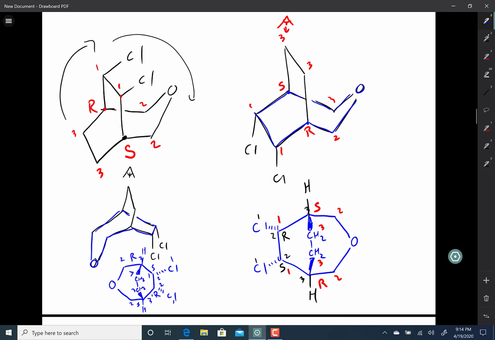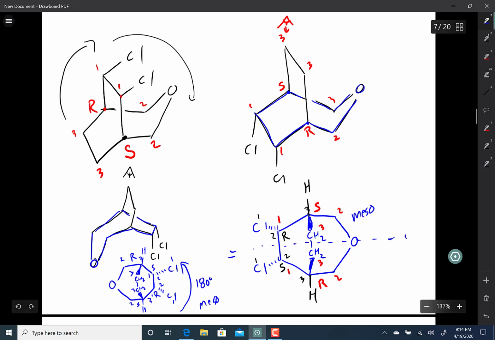Now, when you're comparing these molecules, you might be able to see it already, but if you rotate this molecule, this flat structure, 180 degrees, you get that molecule right there. So those molecules are the same. The other thing that you can see is these molecules are also meso compounds. They have a plane of symmetry in them. And you can see that plane of symmetry